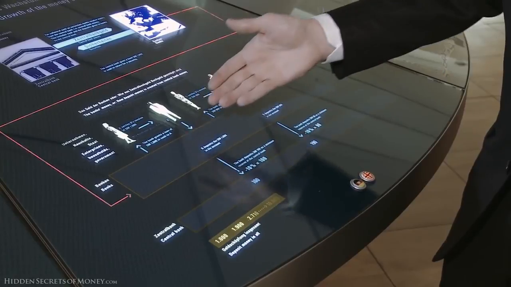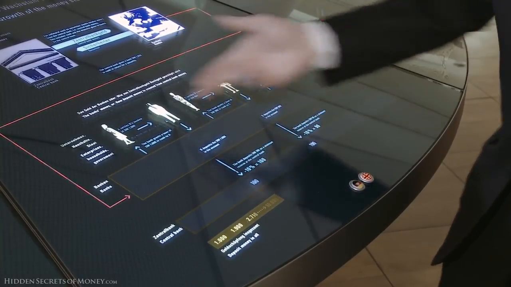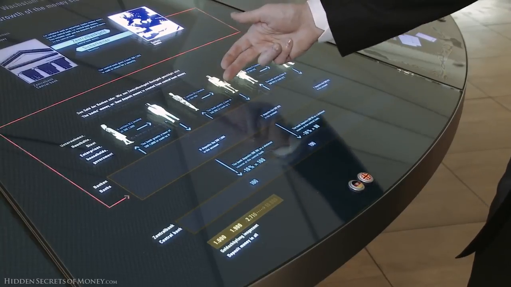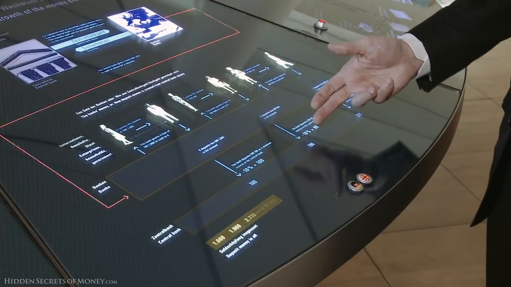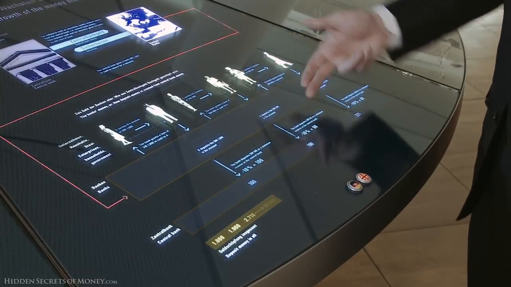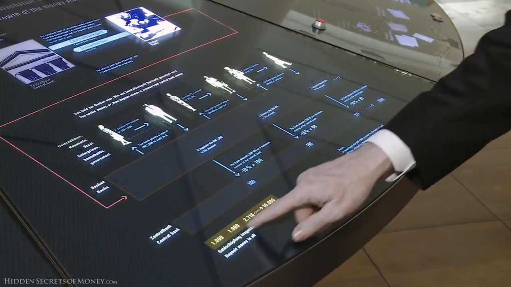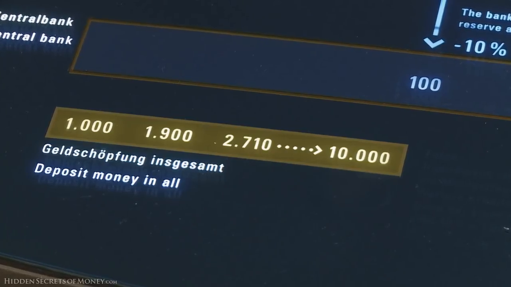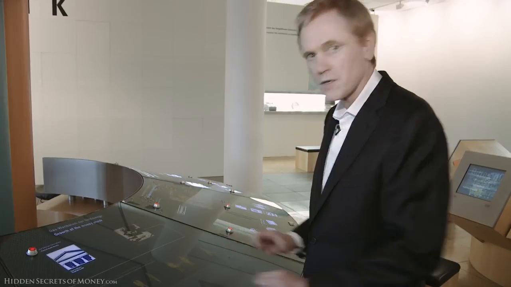He deposited 1,000 in it. They only withhold 100 in case he wants some of that. And then they loan out 900, which then she uses to buy something from this guy, he deposits the 900. They borrow 90% of that and leave just 10% on deposit for him. And the result is that it expands. Every 1,000 ends up creating 10,000, or every $1 creates $10. And they've got the result here. It's all sort of a voodoo hocus pocus scheme.